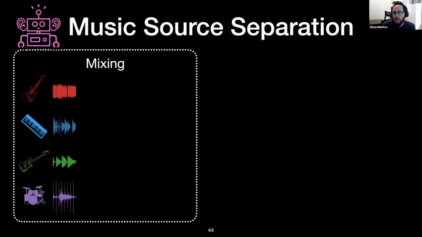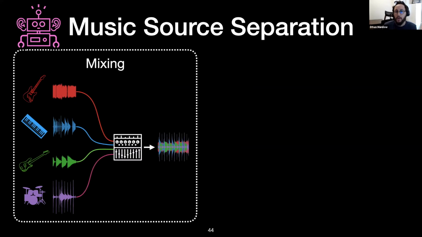So when I talk about source separation, I find it's helpful to first think about how music is recorded. Typically, when musicians make a song in the studio, they record each instrument by itself in isolation such that each instrument has its own track. A mixing engineer then combines all of the instrument tracks into the version of the song that we hear on the radio, and this is a process called mixing.